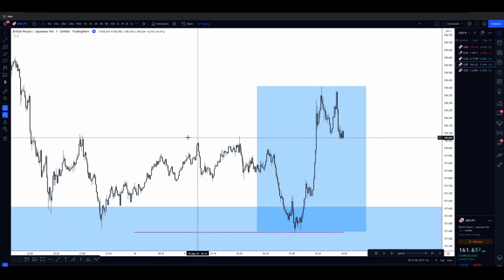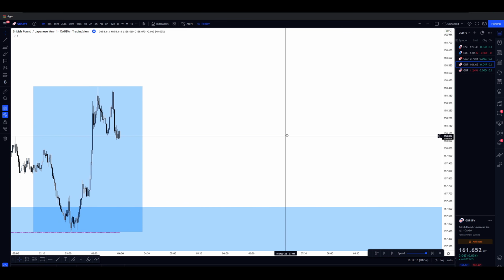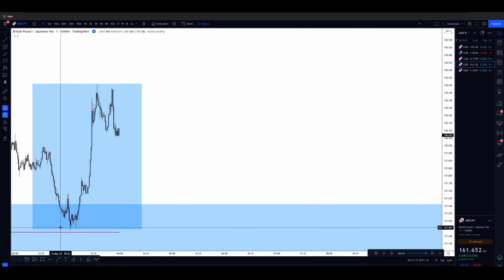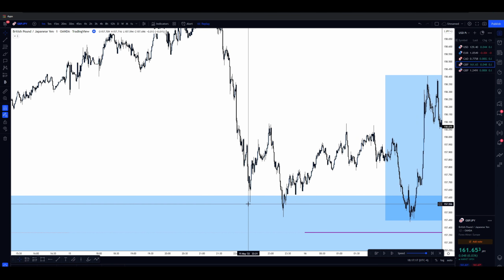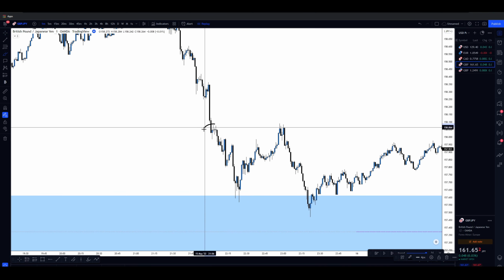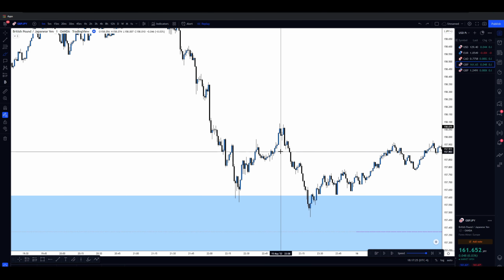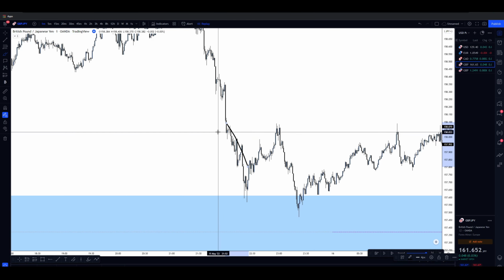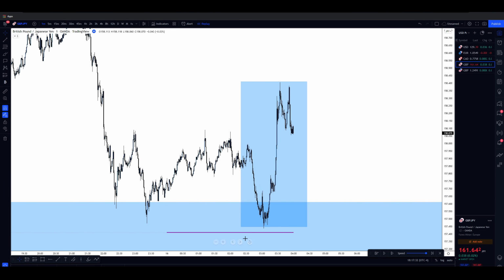For example, if let's say there wasn't a supply zone here, it was literally just this, there was no supply zone, nothing, and there's no one selling, then the momentum and volume in this move wouldn't have been as strong. Compared to this, we can see right over here, price action enters, right? But there's literally no supply zones. No one's looking to sell, or there is a couple of supply zones, but they're not obvious, and no one's really looking to sell it. So that means that there's less liquidity. That's why the move up was extremely small. Compare it to this one.